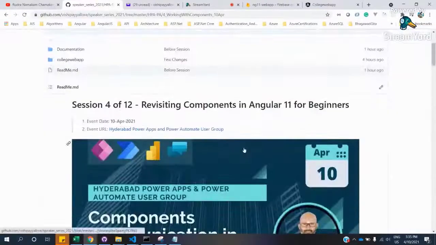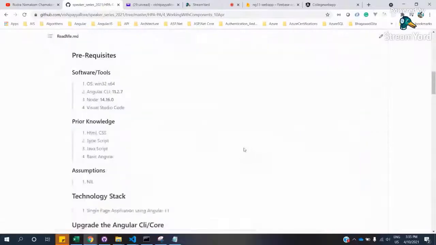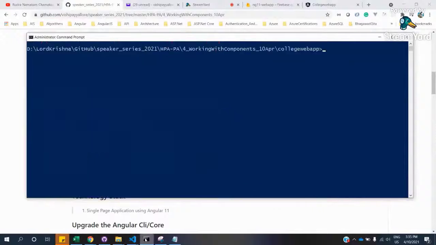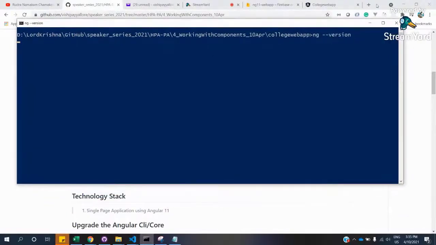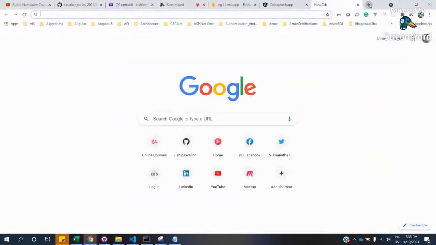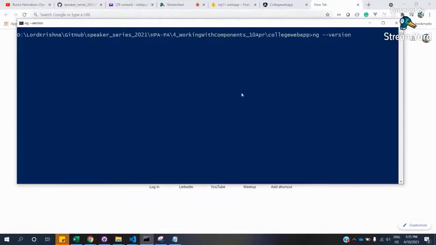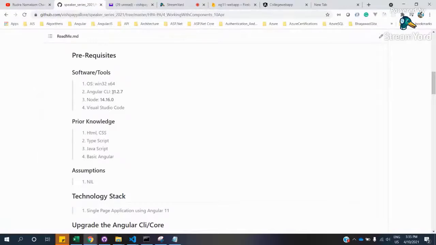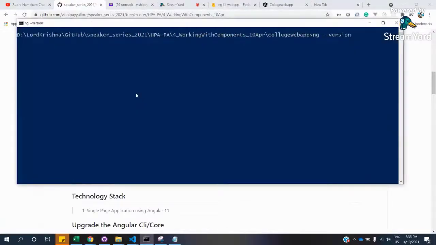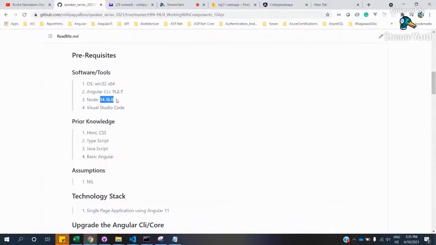So what are we going to cover in this fourth session? Before that, we'll see that we are working on the latest version, or at least maybe one point behind it, which is 11.x. 11.2.7 is the version we are working on, and Node.js is 14.16.